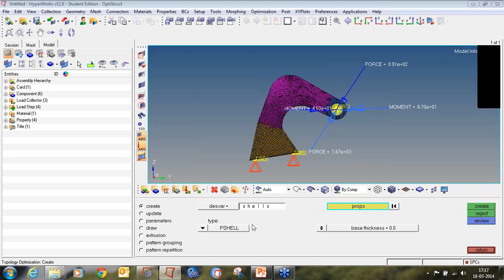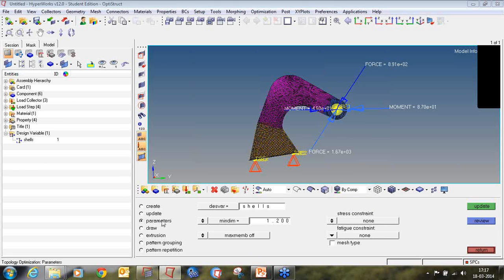Select the type as shell, P-shell elements. Click on create. So my design variable is created, and go to parameters radio button. Enter the minimum dimension value as 1 and the maximum dimension value to be 21.